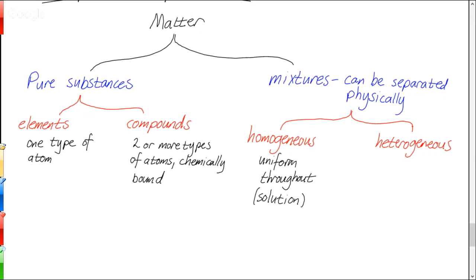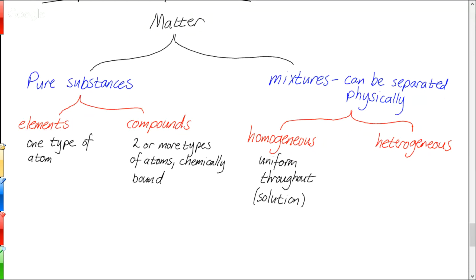So you think about something like, again, salt water. If you have a container of salt water and it's properly mixed, you don't see salt in one spot and water in a different spot. It's all intimately connected, in that case down to the molecular level, where you have individual sodium and chloride ions and water molecules all together. So that's an example of a homogeneous mixture. It's the same throughout. You can't see the different parts of it.